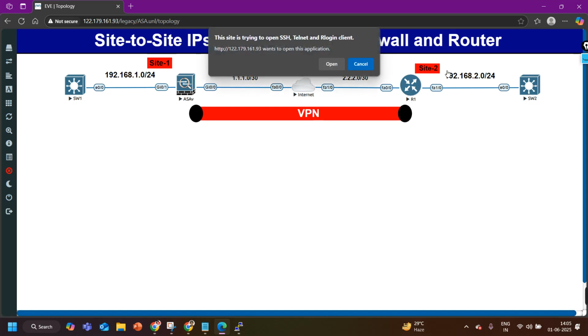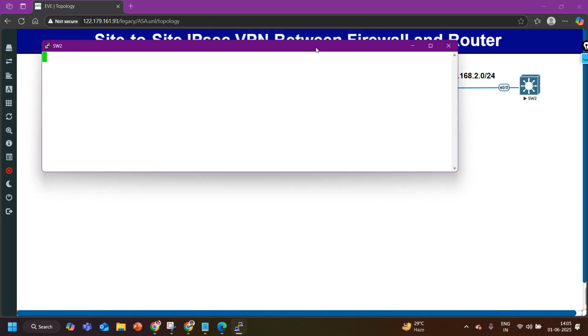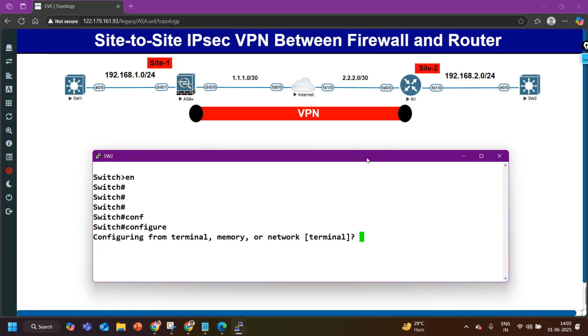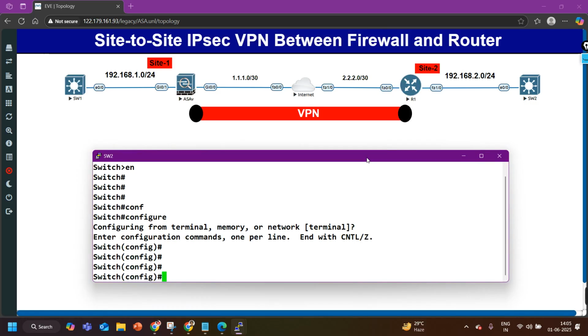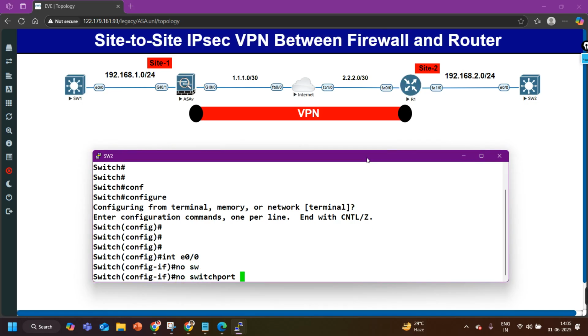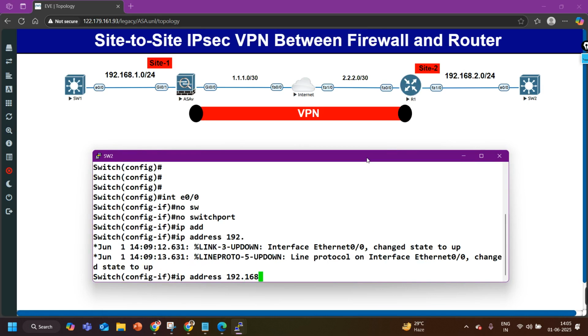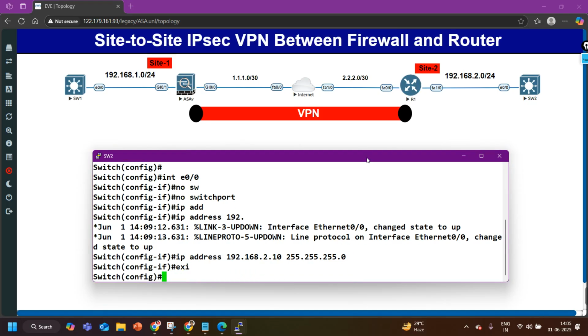and then go to switch number 2. Let's do the same configuration on this switch as well, on the LAN device. Or you can also connect an end user to the switch. Interface E0/0, say no switchport, and IP address 192.168.2.10, 255.255.255.0. Exit, no IP routing,